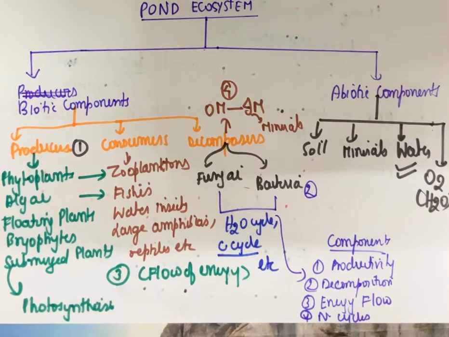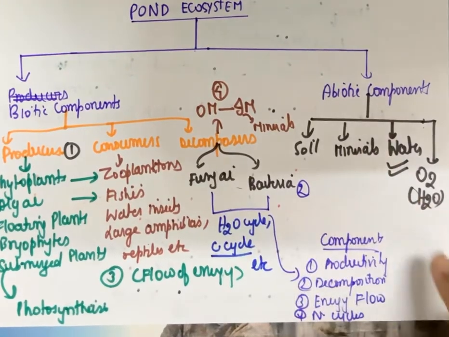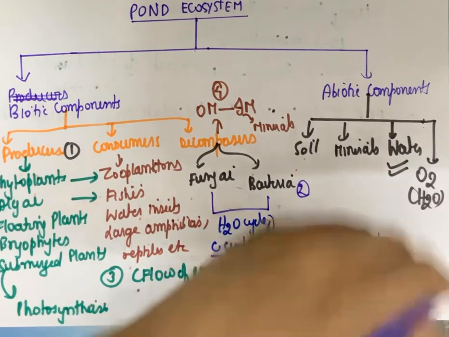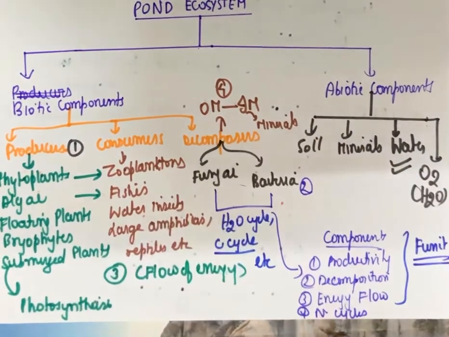Fine, so hence we can understand that the pond, which is a simple shallow water body, maybe deep also in some cases, as we have seen, is a complete ecosystem which has both types of components and all the major functioning processes in it as well. So this is the functioning unit. The functioning unit of the ecosystem is maintained here as well.